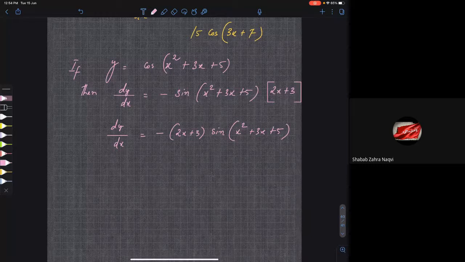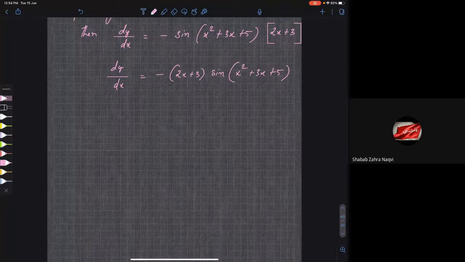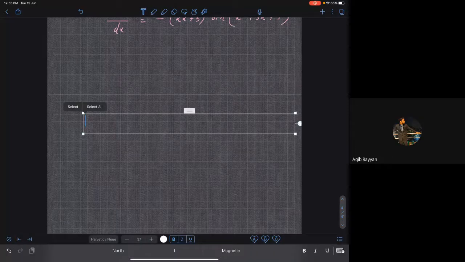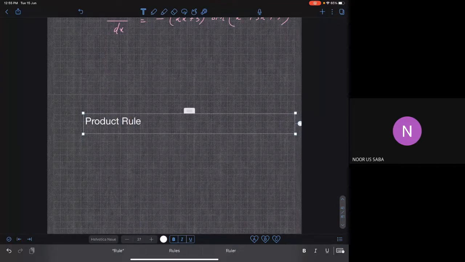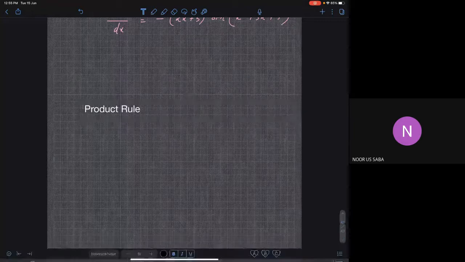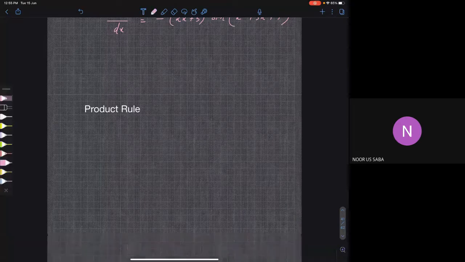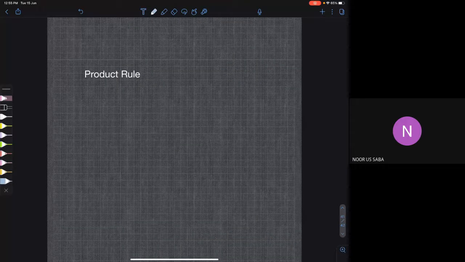Now we'll start a new rule called the product rule. These are the two important rules in differentiation. If you know these two rules, you can take the derivative of any function, at least in physics. Clear? Now, first I'll tell you what the product rule is, then I'll tell you how to apply it in problems, and after that I'll give you the proof. Maybe I'll give you the proof tomorrow.